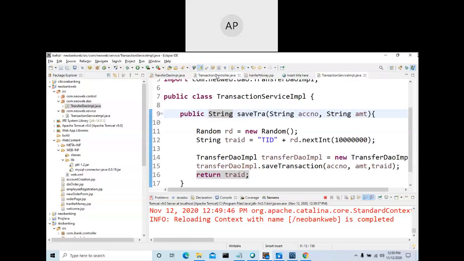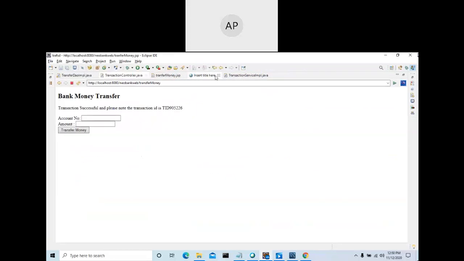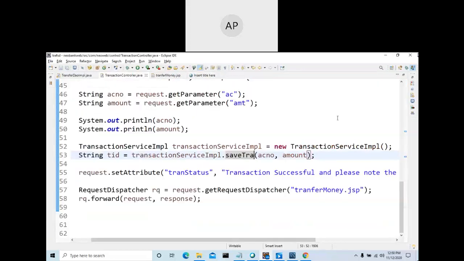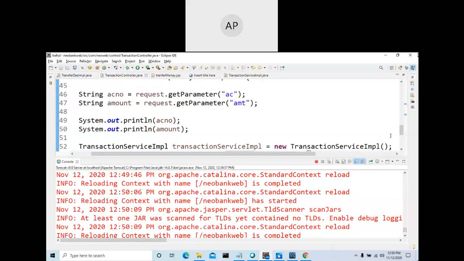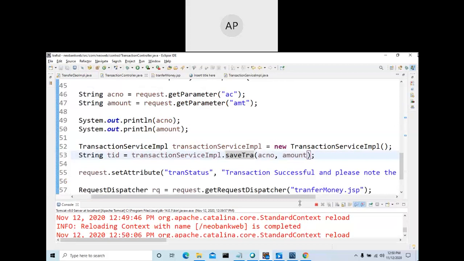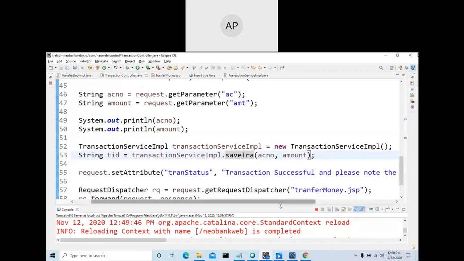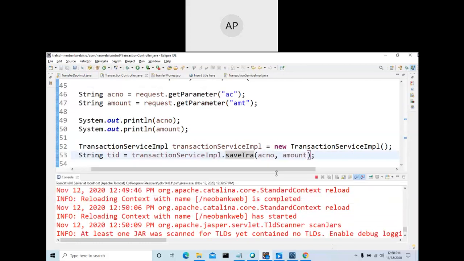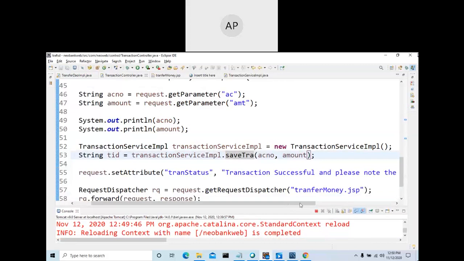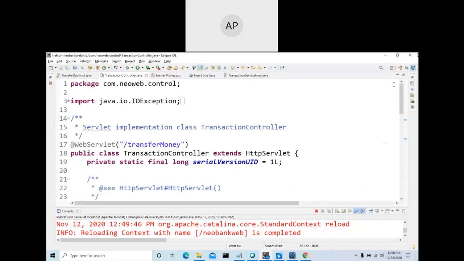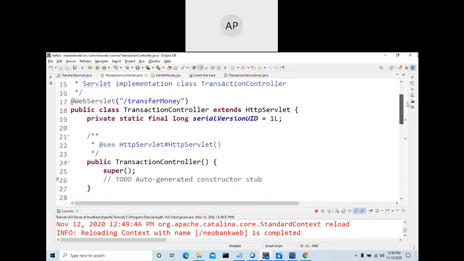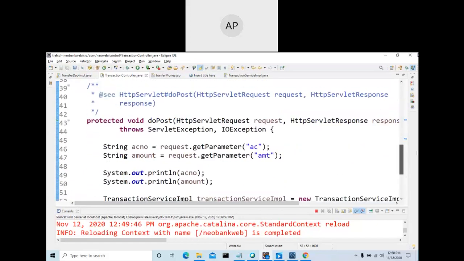See here, it is not visible. What is the problem? It's not visible. You should make it public, because you are calling from some other class. Okay, now see this one. If you see this class, it's coming, drag this and make it here, down. So how will you move this one? Press your mouse left button and drag this one.